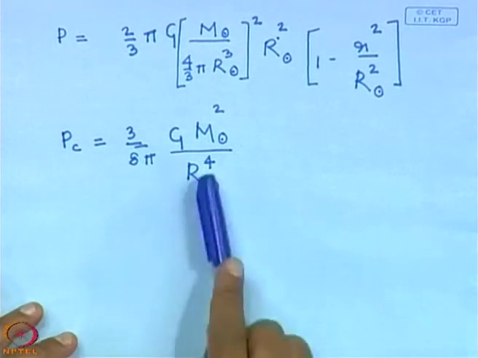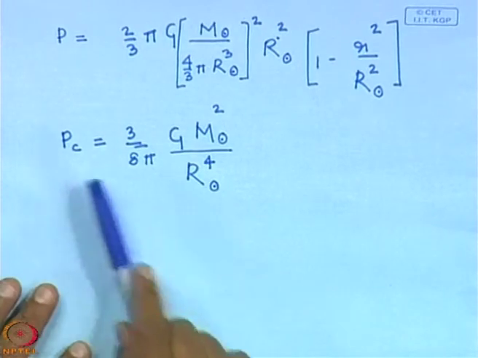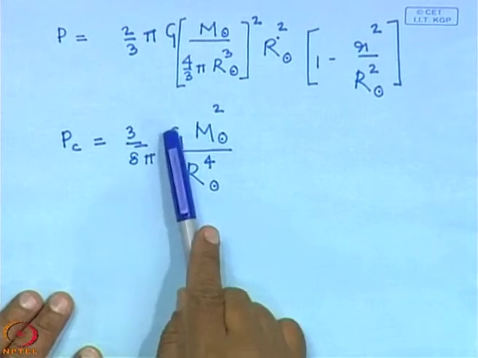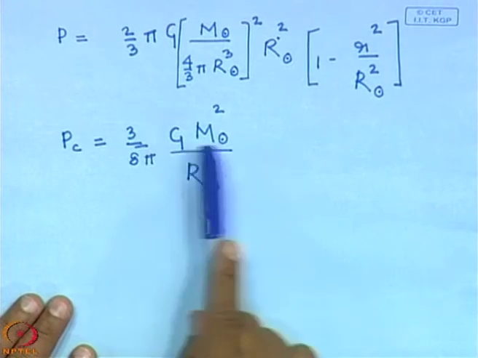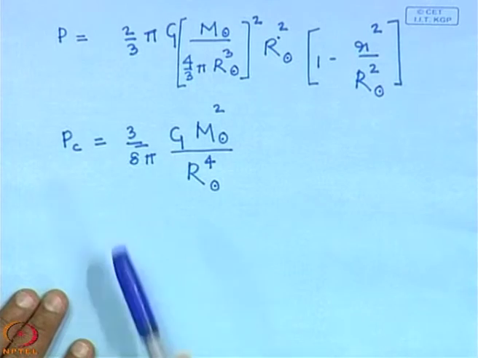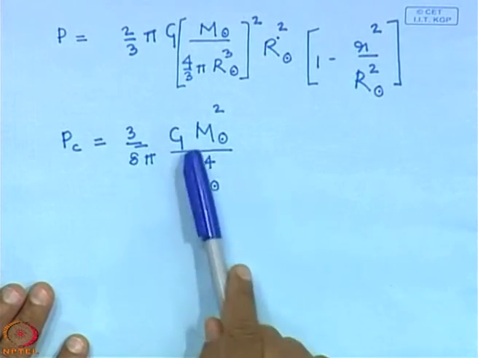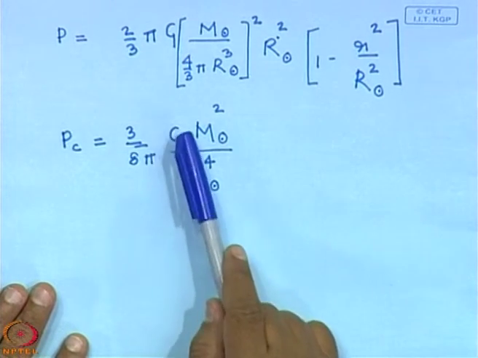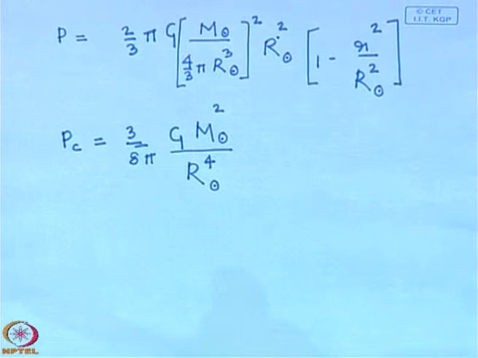Okay, so, we have an estimate for the pressure at the center of the sun, and it is expressed in terms of just the universal gravitational constant, the mass of the sun, and the radius of the sun. It depends on just these 3 things, and there is a numerical coefficient outside. So, we can put in the values of G, the mass of the sun, and the radius of the sun, and if you put in the values,